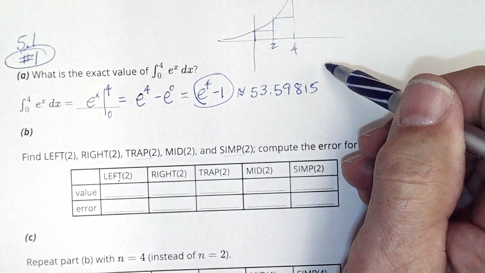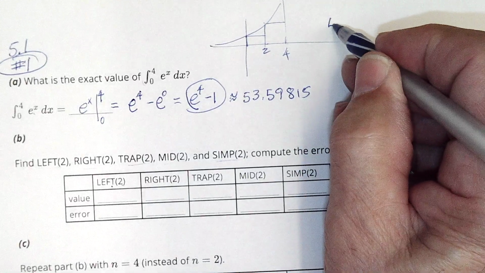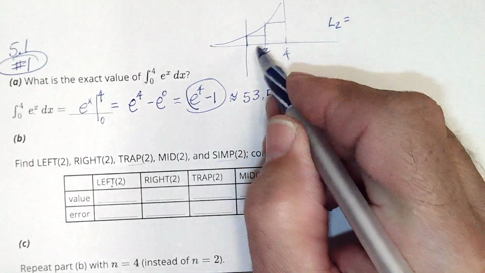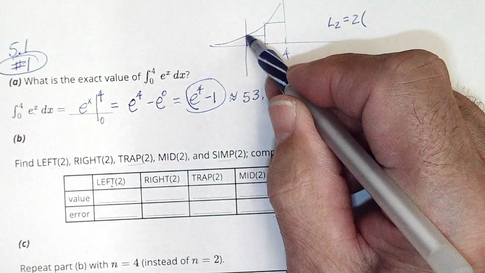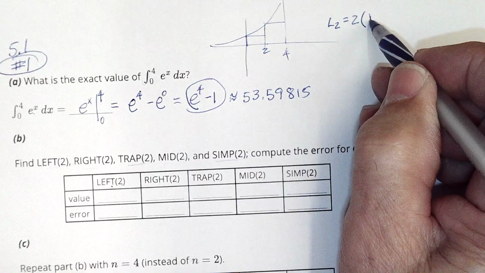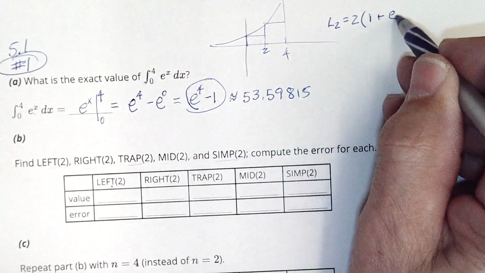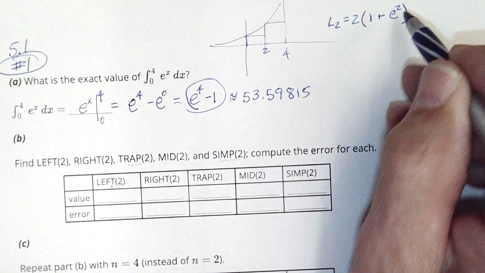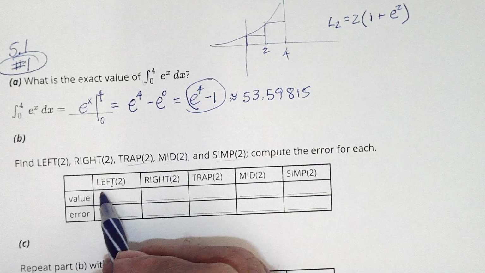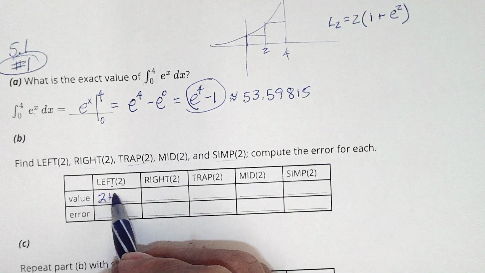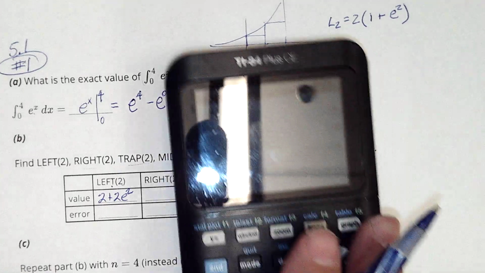So left 2 will be, the width of the interval is 2, and the height of the first one is e to the 0, which is 1. The height of the second one is e squared. So the value is 2 plus 2e squared, and in decimal,